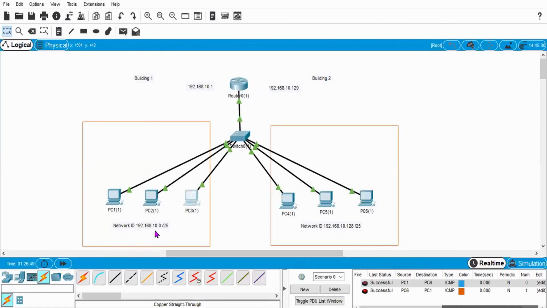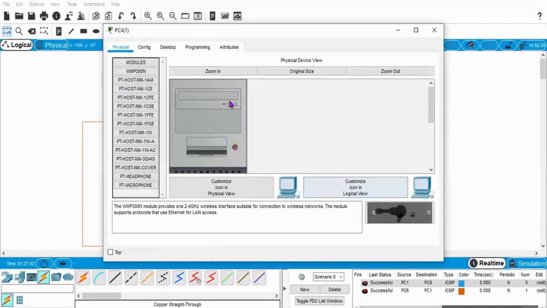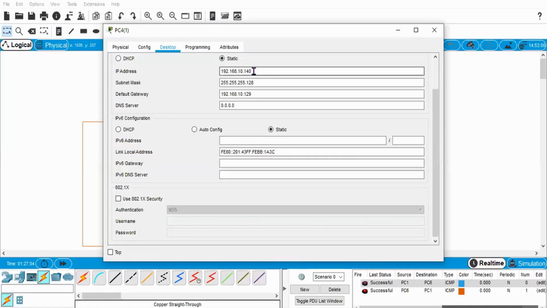Okay, and this is the 192.168.10 network, and for this network I am again giving the 192.168.11 network. Okay, so again I will go to each PC of this network and give it 11 dot something.